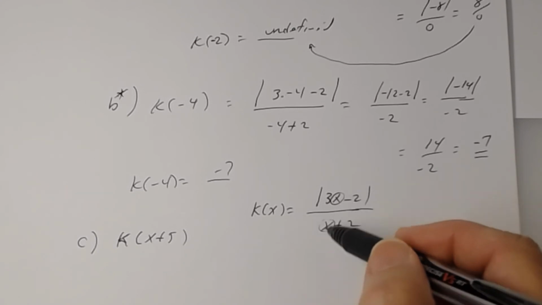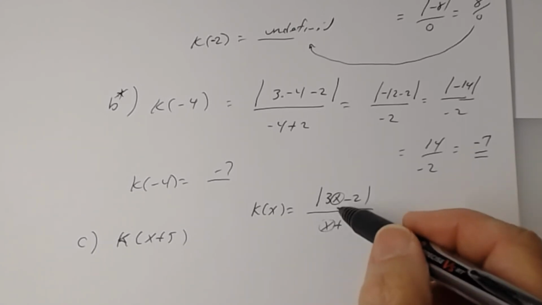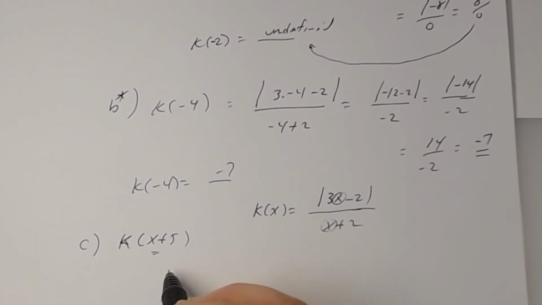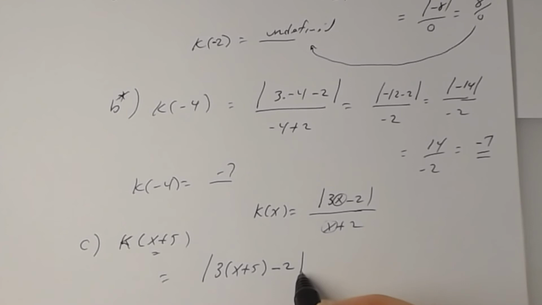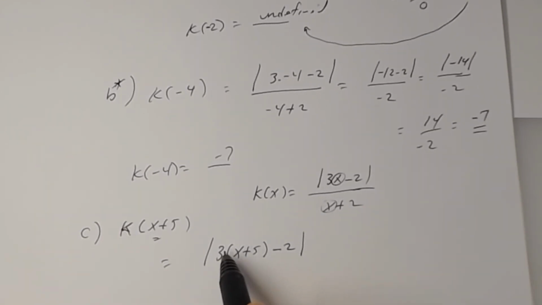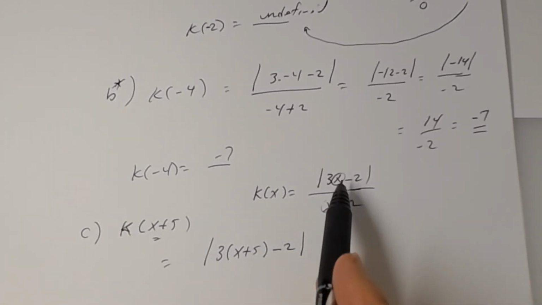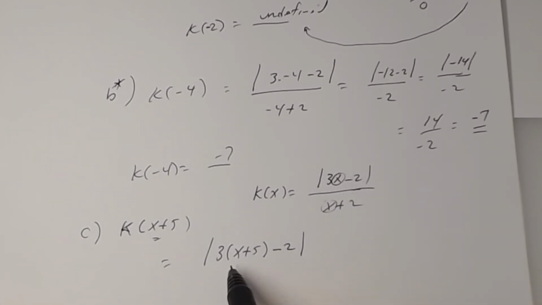What does that circle become? X plus 5. So it becomes the absolute value of 3 times in parentheses x plus 5, subtract 2. My original function was 3x minus 2 inside the absolute value bars. But this time, x becomes what? X plus 5. All over,